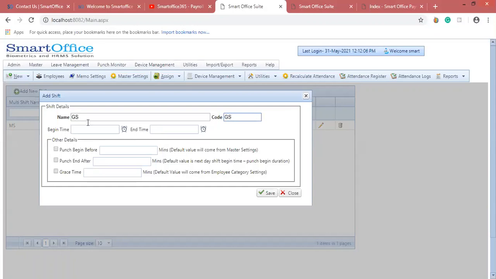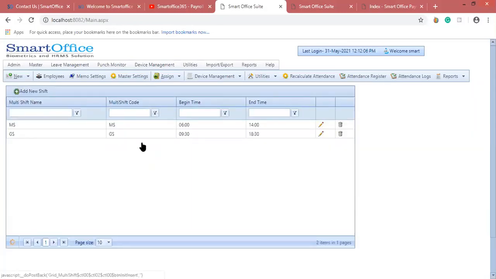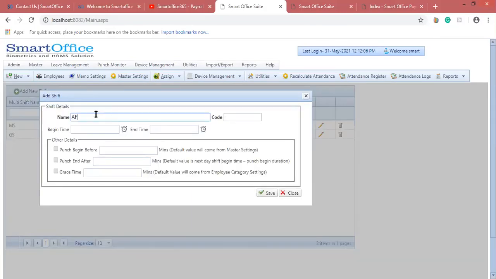Shift timing mention, 9:32. Punch begin before, by default, I'm going to give 16 minutes. Before and end after.